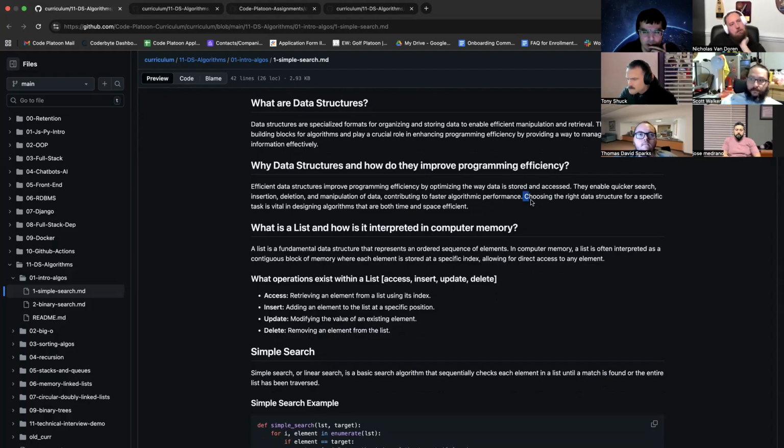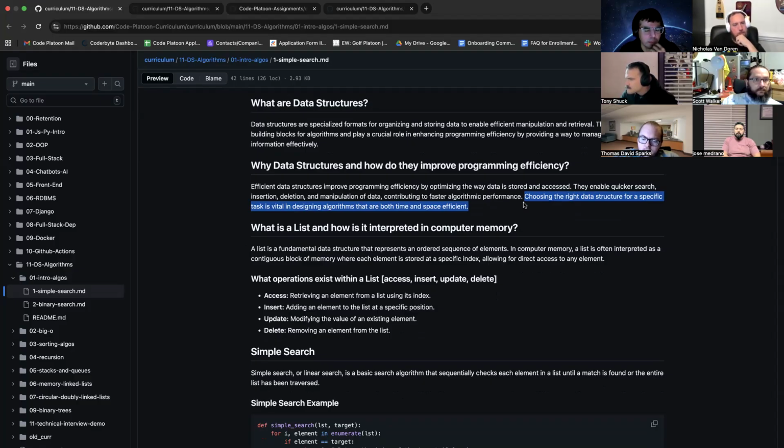The only other thing that I'll touch on here is this line right here. Choosing the right data structure for a specific task is vital to designing algorithms that are both time and space efficient.